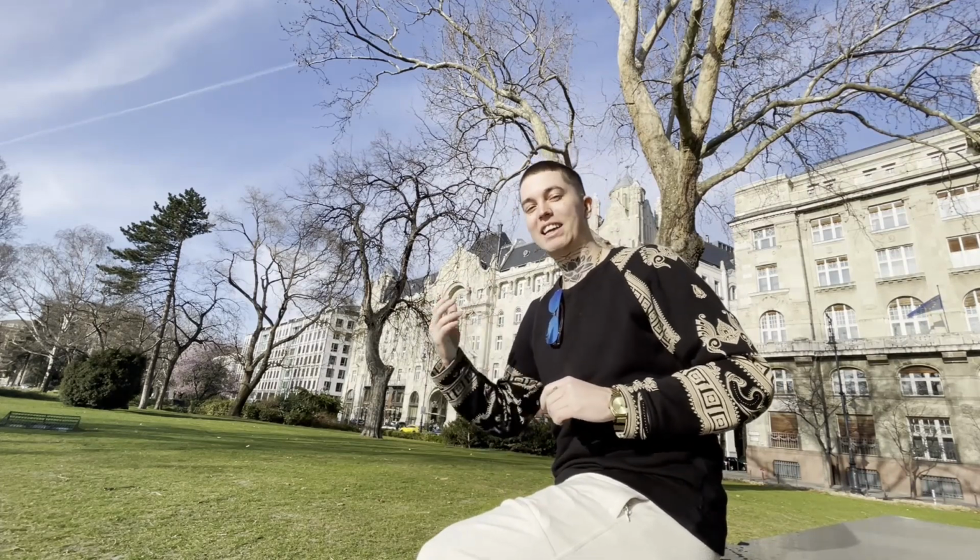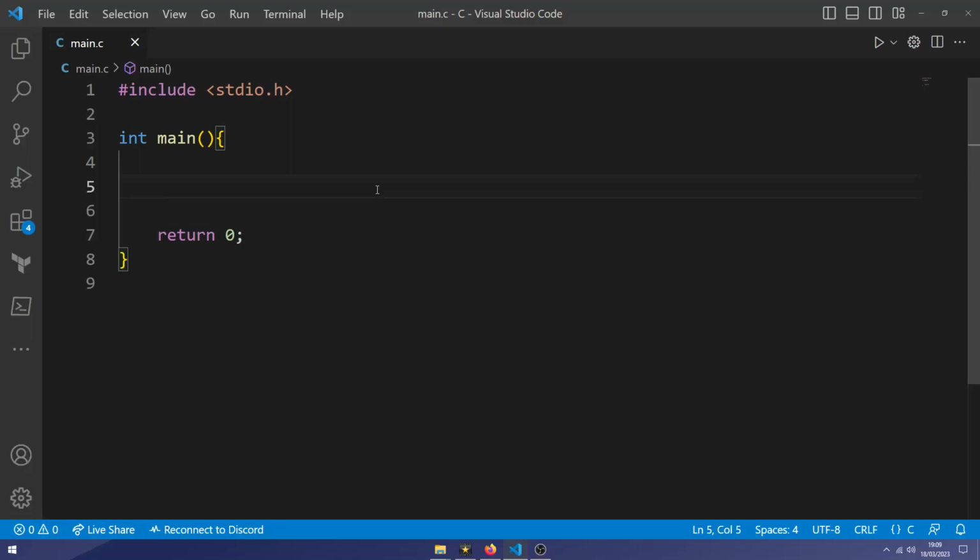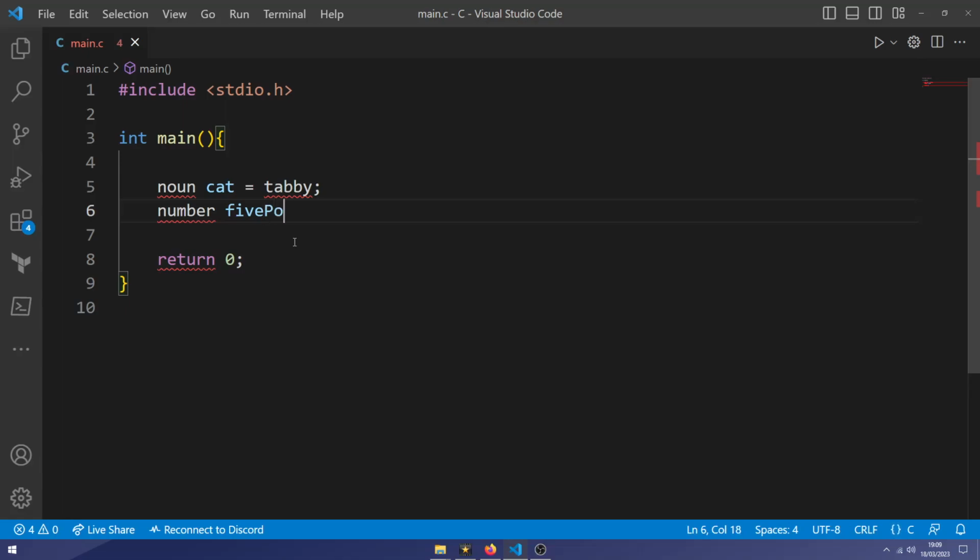With humans, we have a noun, we have a cat, and we could say that the cat is a tabby. So the way that we described it as a human, noun is the type of word that we're using, cat is the name that we're going to give it, and tabby is the actual breed that the cat is. Now, if we were to tell the computer the weight of the cat, we would type in number. That's the type of word that we're going to use. We're going to name it pounds, and we're going to assign the value 5. And we could change this name to kilograms. We can make this anything we want, but what's important is that the 5 is a number that matches the variable type, the data type.